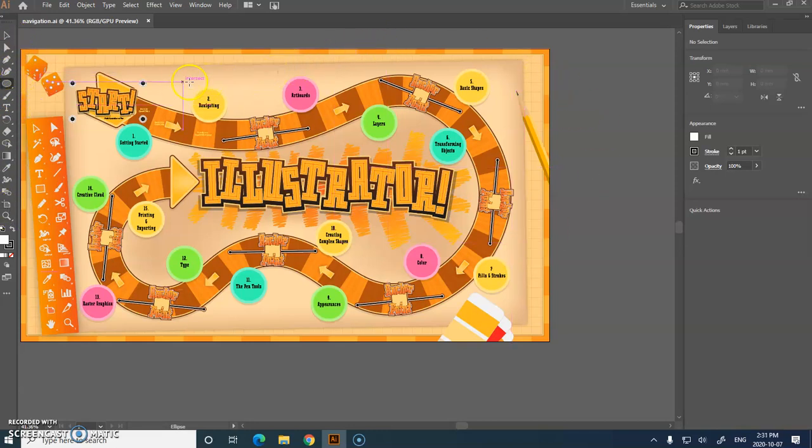So in Illustrator, we've got something called an artboard. That's what this area is. The artboard is where we're going to create our graphic or graphics, and then we can have multiple artboards on one document. I'll go into that again later. Let's go back